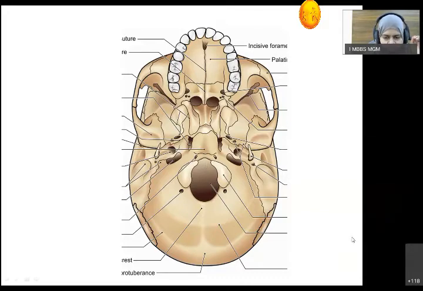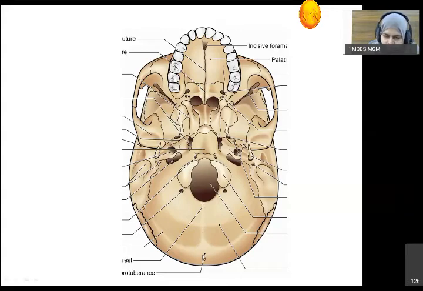Then behind that, this part we discussed before in norma occipitalis. What are the structures behind that? From the middle of the posterior margin of the foramen magnum, there is one crest, known as the external occipital crest, and at its posteriormost end, there is a bony elevation known as the external occipital protuberance. This protuberance marks the junction of the neck and back portion. This bony prominence can be easily felt in the living.